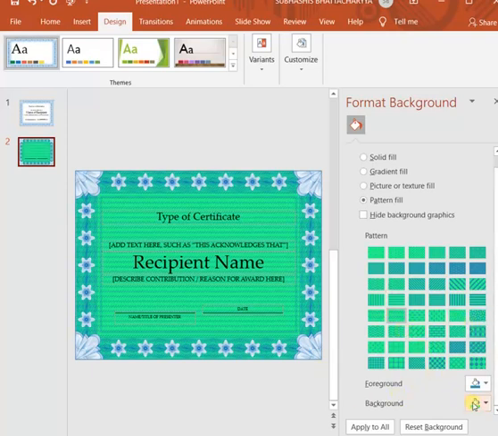So you see the background I have selected this color. In the background this color has been done, and in the foreground this blue color is given, so the pattern looks blue in the front. If you study it minutely, then you will understand that the front patterns are blue in color and the background has a different color.